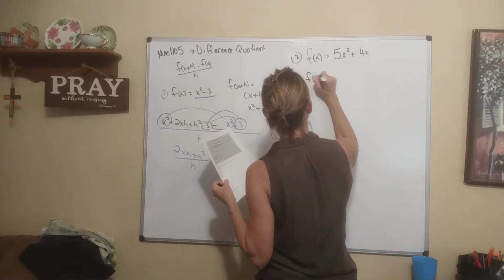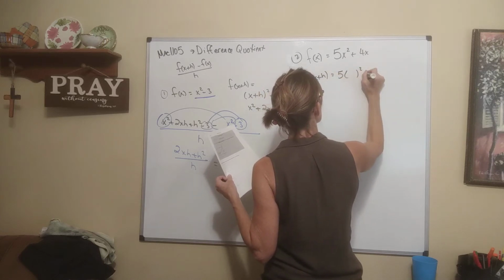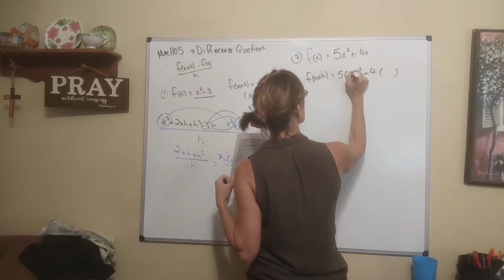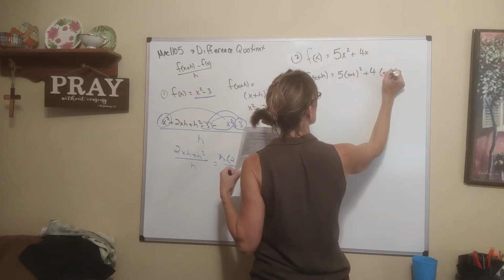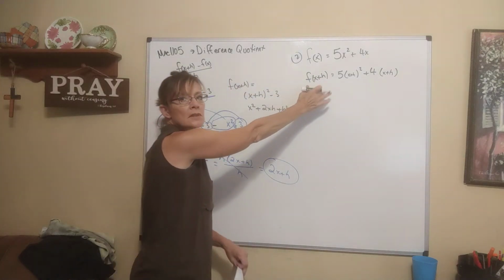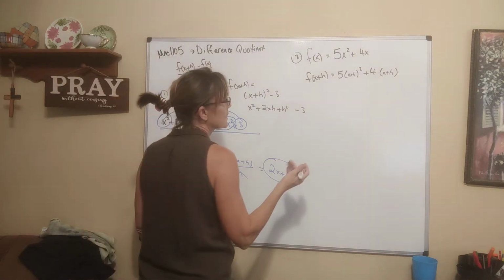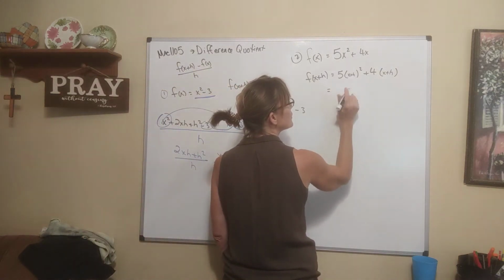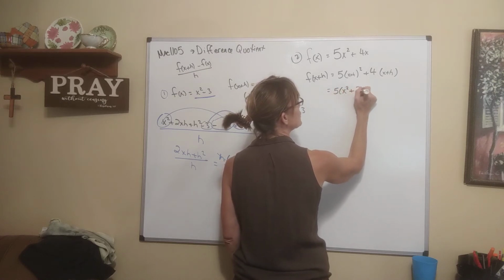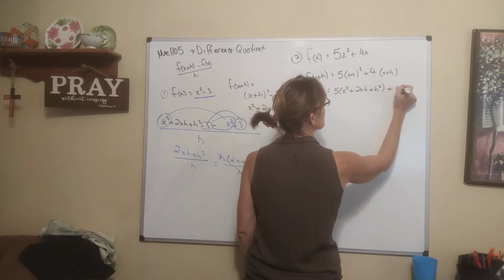Let's figure out what f of x plus h is. That's where you go in and you substitute in x plus h everywhere they gave you an x. So this is x plus h. Now before I construct this guy, I like to do simplification over here. I just think it's easier. You don't have to do it that way, but that's how I like to do it. So I'm going to square x plus h, which is x squared plus 2xh plus h squared, plus 4 times